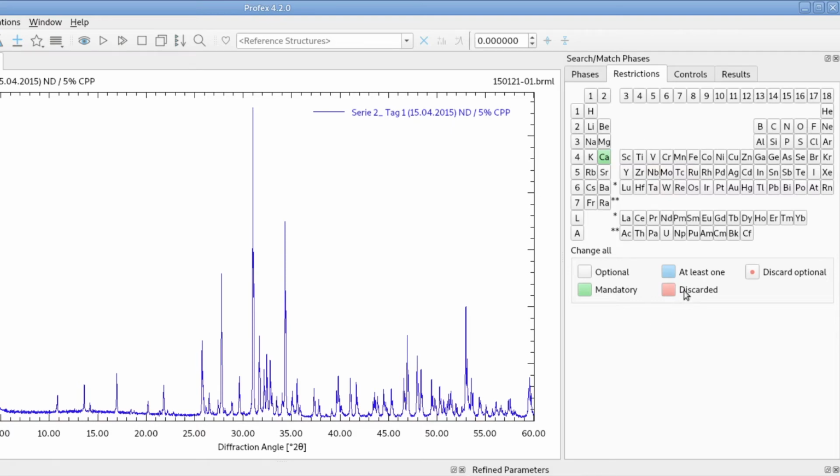For example, I want to discard all the silicates, so I click 3 times, and it toggles from green to blue to red and back to optional. So I want to have this red, but I want to search all the phosphates, so I can further restrict the chemical composition and filter the phases to search. Again, this just helps to speed up the process of search match, and to have a